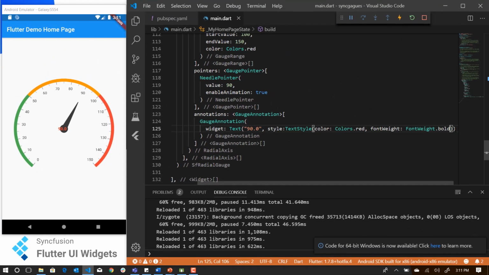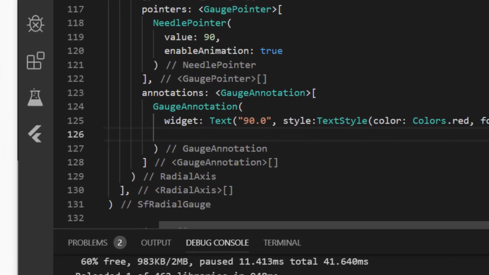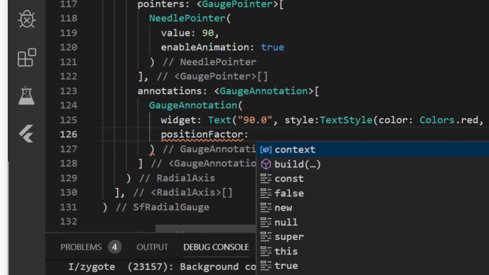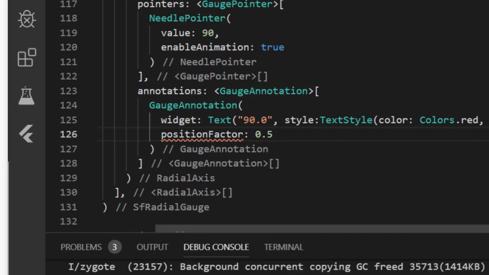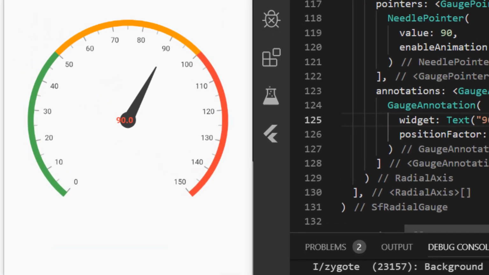Now I want to move this widget to my desired location on the gauge. This can be done using the position factor. The position factor ranges from 0 to 1, and it represents the radius of the radial gauge. I'm just going to set it as 0.5 and save it.